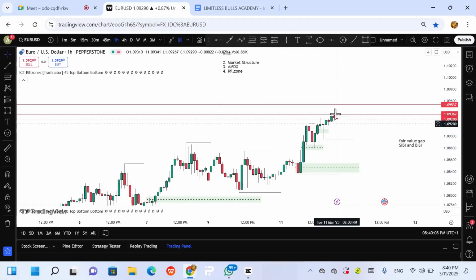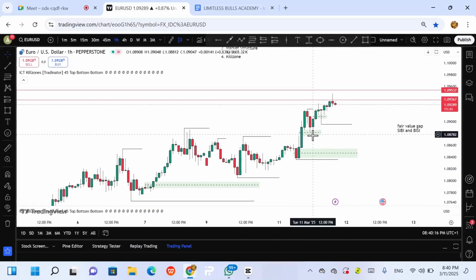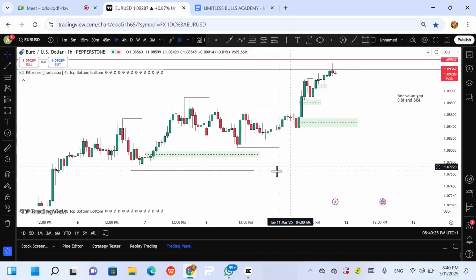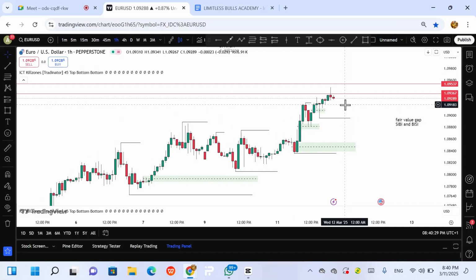But then after the market has raided this swing high, what will the market go for? The next liquidity zone, and this is a zone of interest, and as well this swing low is a zone, because there's liquidity here, and as well this is a zone, and as well this is an order block. You get the point? And as well this is a zone, this is a zone. So our role is just to watch and see, and when we get our confluences right, we take advantage of the opportunity, how it presents itself.